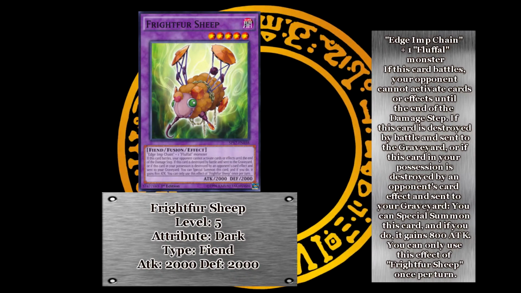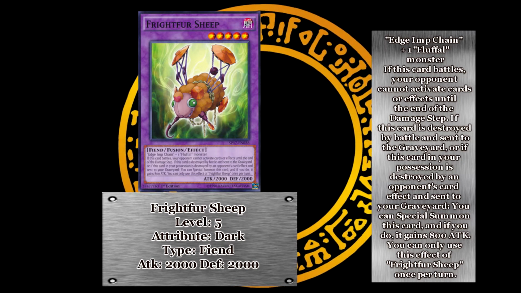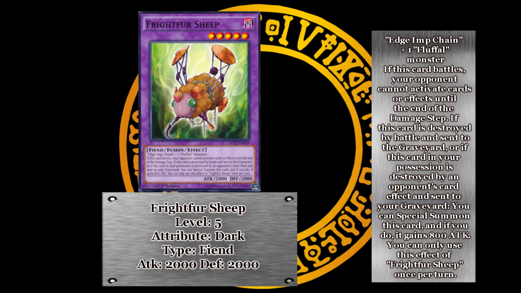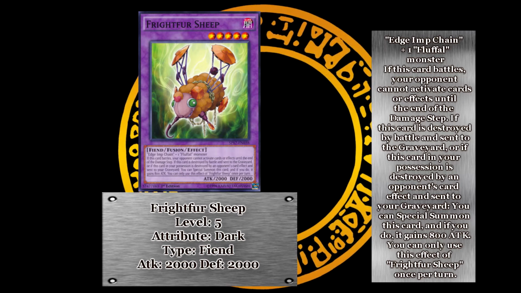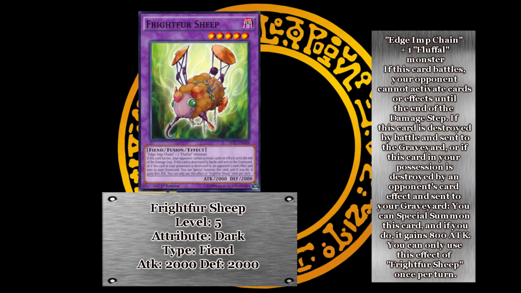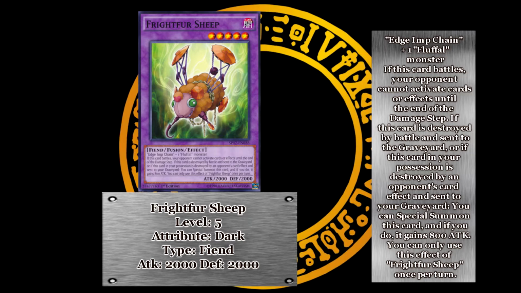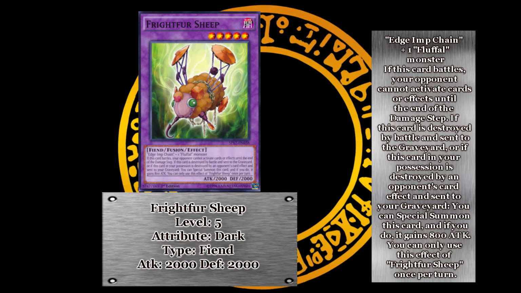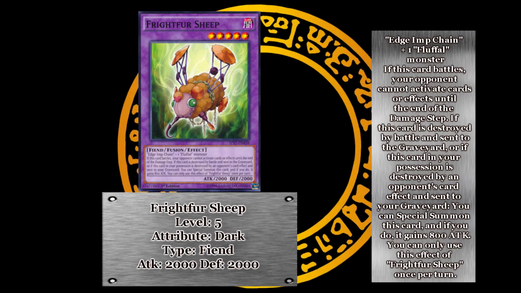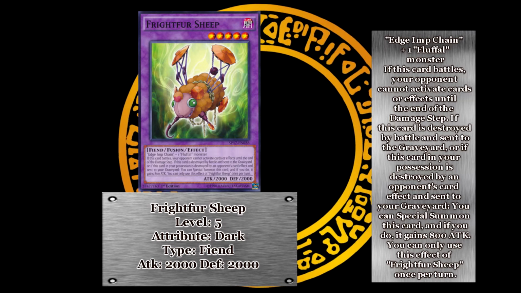Frightfur Sheep requires Edge Imp Chain plus 1 Fluffle monster. It has 2000 attack and defense. When it battles, your opponent can't activate cards or effects until the end of the damage step. And if it gets destroyed by battle or by an opponent's card effect and sent to the graveyard, you can special summon it once per turn with an additional 800 attack. This deranged sheep just will not quit. But even though it is insanely good, since I only run a couple of Edge Imp Chains, I only recommend